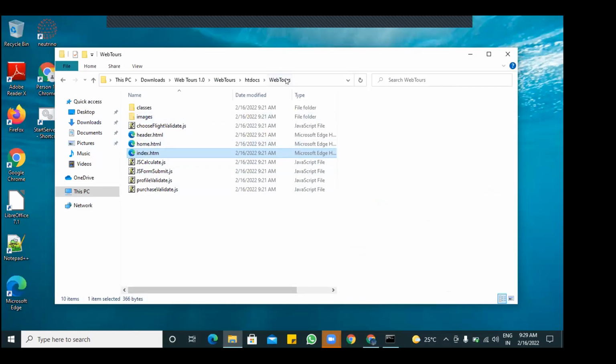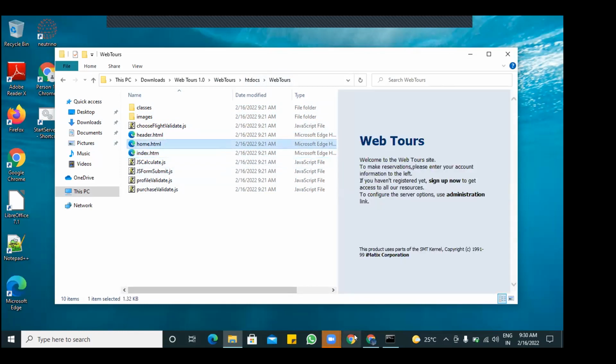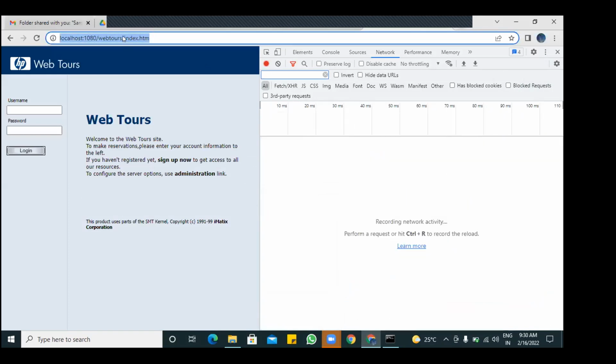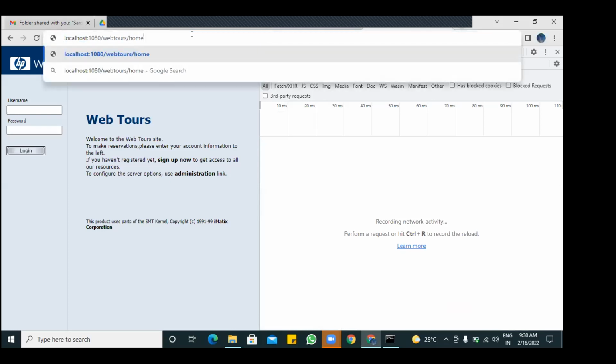Now this index.html page is in this folder. That's why you are sending a GET request to get this page. You are simply asking the server to get that page. Clear, guys? Suppose you send a request to home.html, it will return you home.html. Let me show you that. Instead of index.html, I type here home.html.